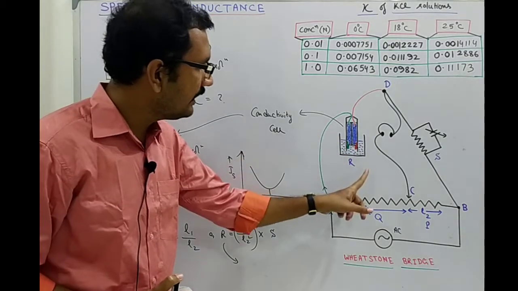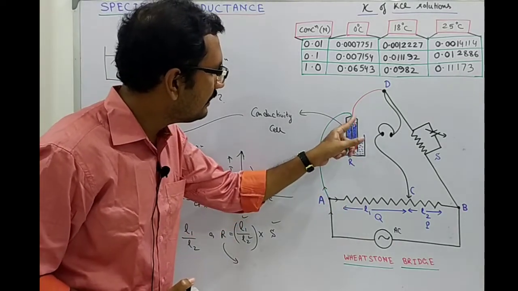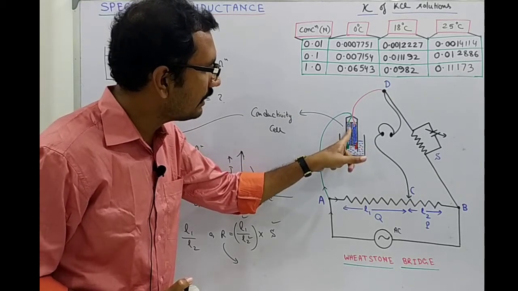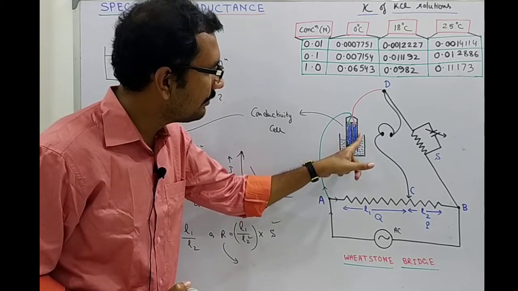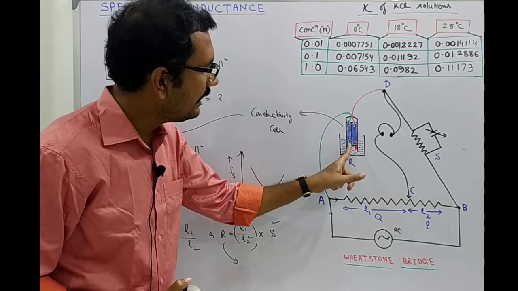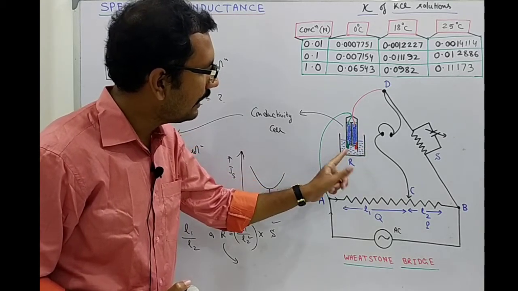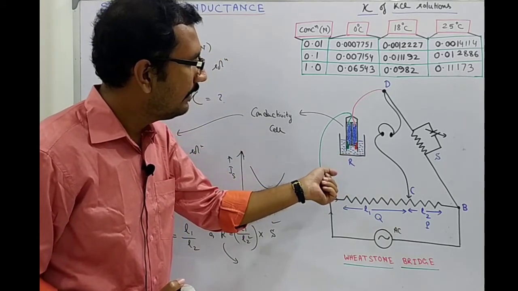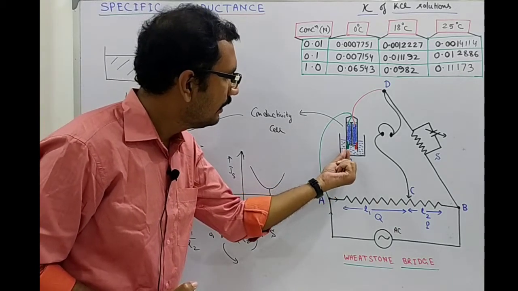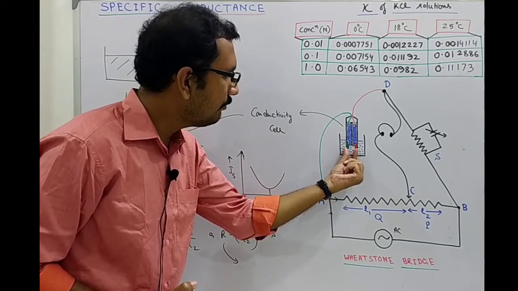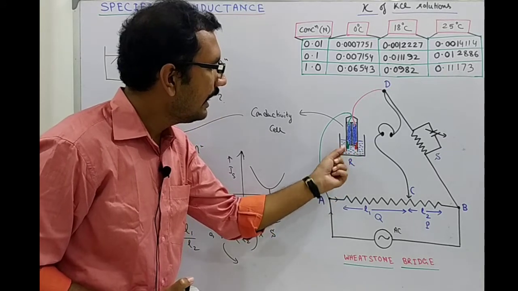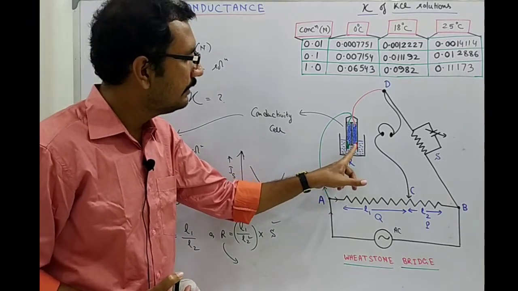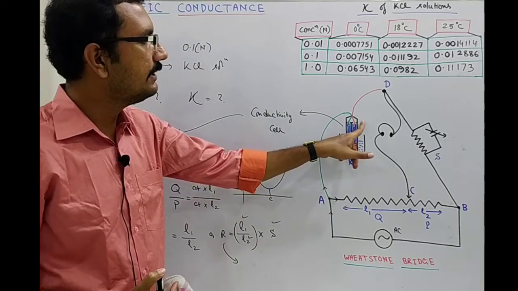Now, what is this drawing? This wire is connected to a platinum wire here, and it is entering into a mercury chamber. See, these two chambers are separated. Then again a platinum wire is being connected, and this is the actual electrode which is facing the electrolytic solution, and the distance between the two electrodes is measured, and the cross sectional area of the electrodes is measured and is printed on this conductivity cell.